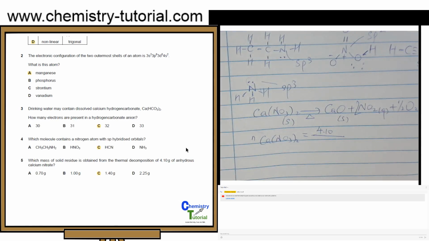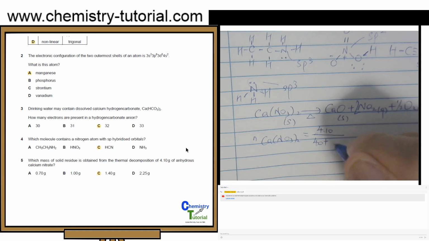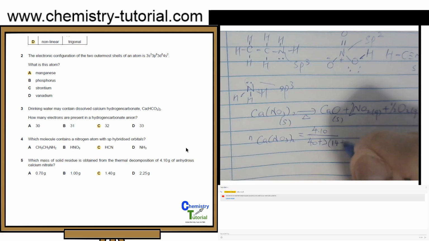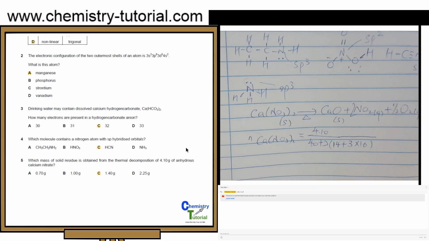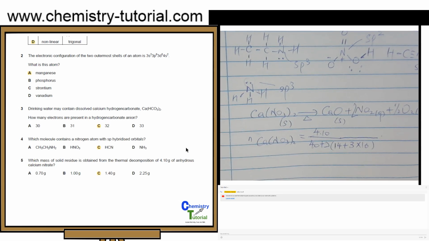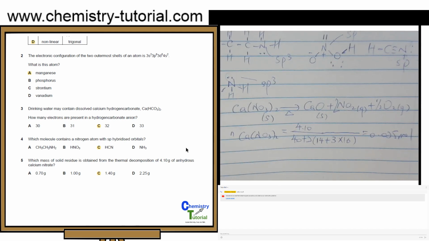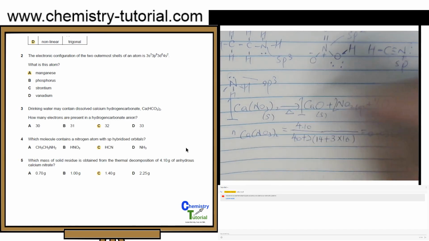So you have to refer to the periodic table for their respective Ar. So for this case, I'll just take the Ar of calcium as 40, although in some data booklets they put it as 40.1, but it's okay. 40 plus 2, because you have 2 nitrate ions. Ar of nitrogen is 14. You have 3 oxygen atoms, and the Ar of oxygen is 16. Try to work this out by yourself as well. And the answer is 0.025 mole. Now, based on the chemical equation, the stoichiometric ratio of calcium nitrate to calcium oxide is also 1:1,